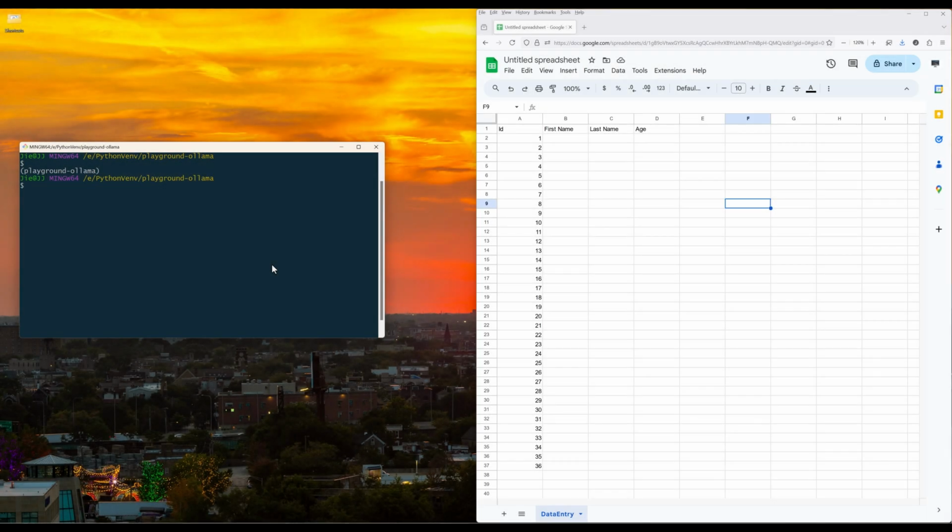Data entry is one of the most highly demanded tasks and also one of the most hated office tasks. Imagine going through thousands of paper applications and manually typing the information into Google Sheets one by one, which would be an extremely tedious job. In this Python project, you will learn how to create an AI agent to simplify data entry tasks using Ollama